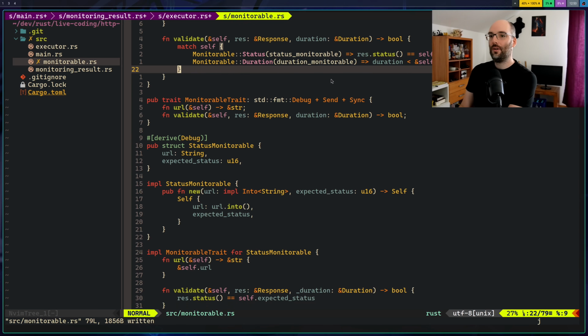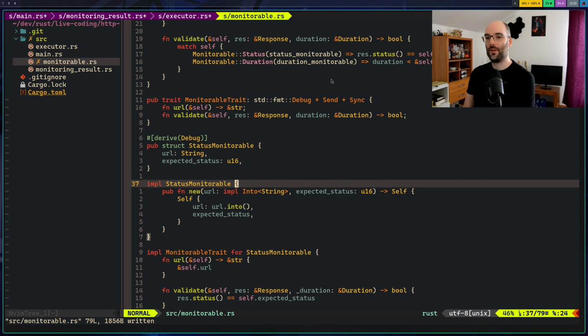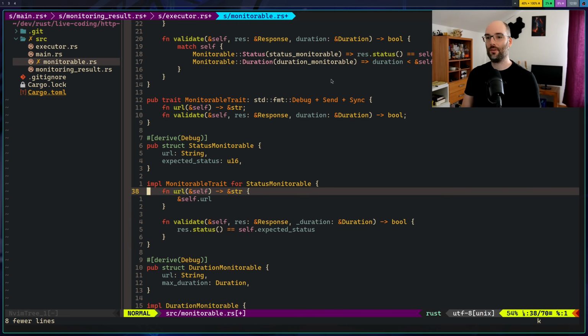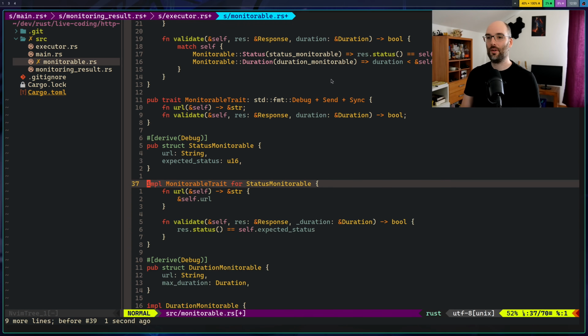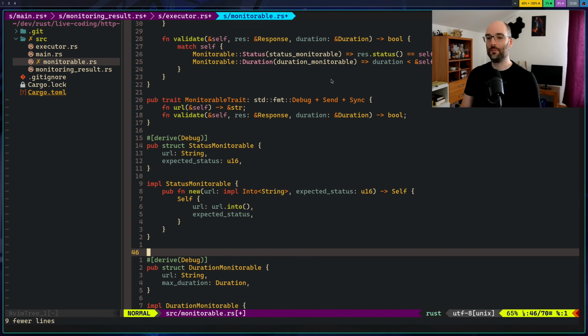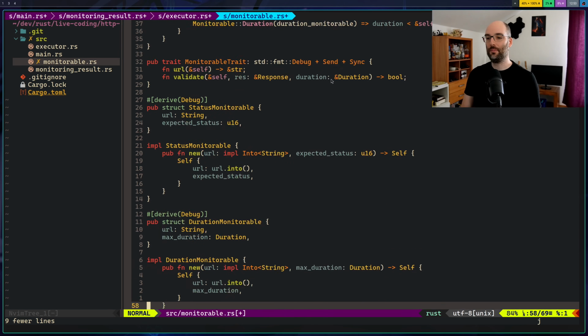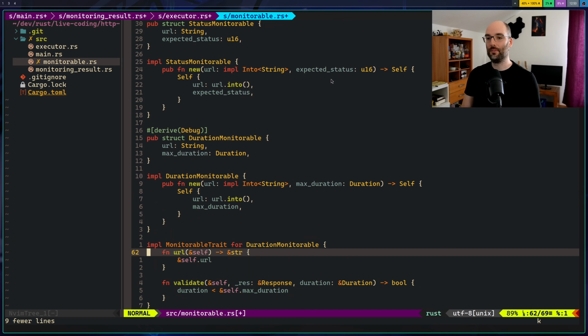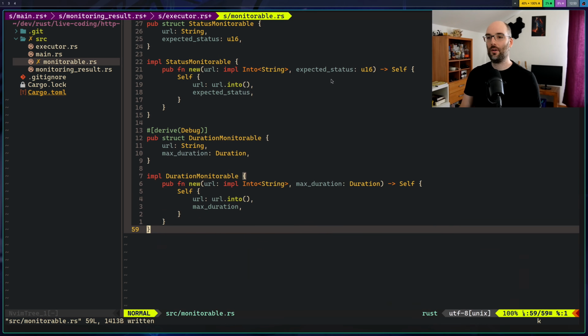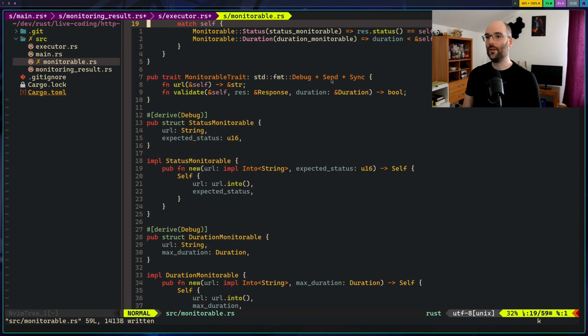Okay, so we're good here. That means we can delete the implementations. Oh, sorry, we shouldn't delete the new implementation probably, but we can remove the monitorable trait implementations. And that should be fine now.